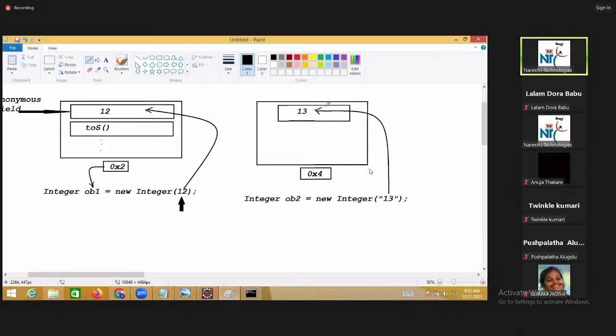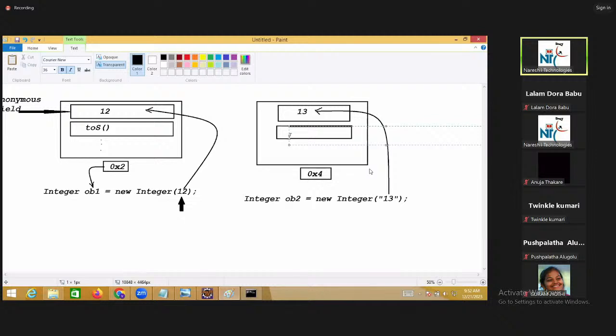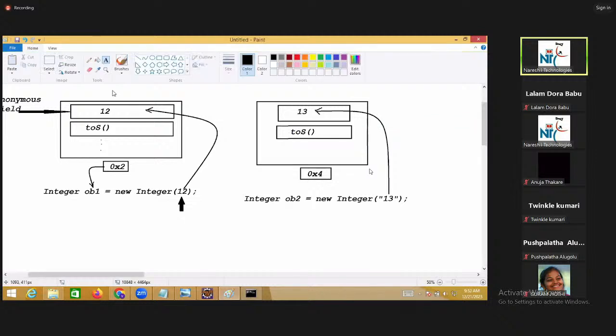Which means double quotes will come. Whenever you enter a phone number from an HTML form, while it is bound to the protocol and travels, it is in string form only. Because of this reason, whenever you want to pass that string as a parameter to a wrapper class, they gave one constructor to you. So int in the form of a string means double quotes. That's the meaning. Here also a toString method is available to display that data. And this address is available in OB2. All of you clear about this statement?